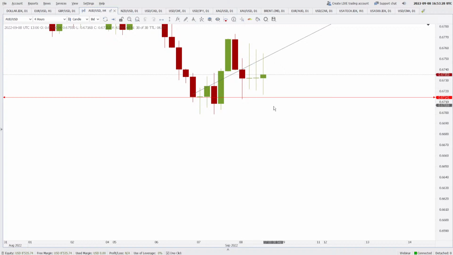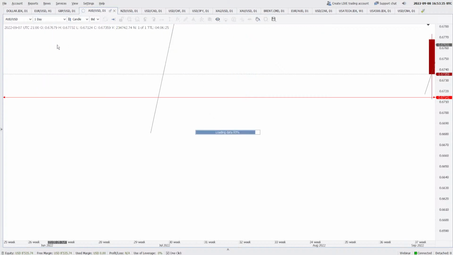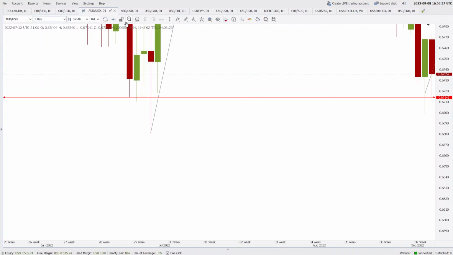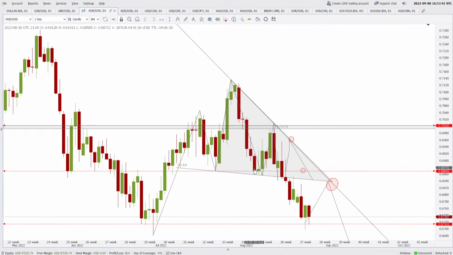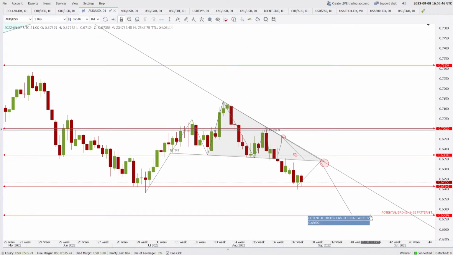It will settle at the bottom, or maybe even break through the bottom and go down, because after breaking through this head and shoulder, it has not achieved the targets yet. The targets from here till here are to this point. These are the potential broken head and shoulder pattern targets. So these are 0.6569. To achieve this target, the price has to break below and give us a close below 0.6714 on the daily chart.